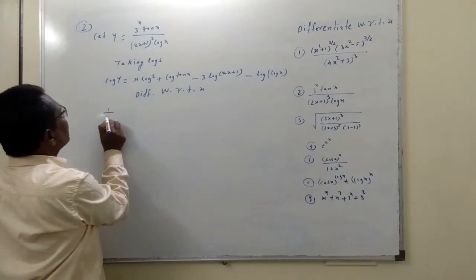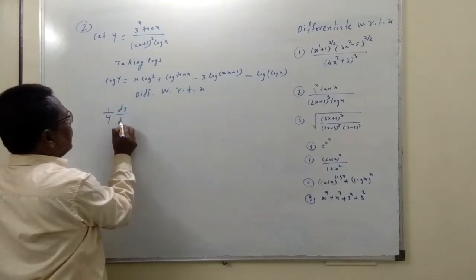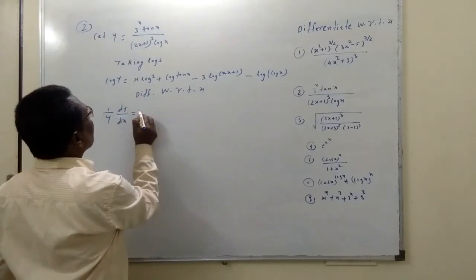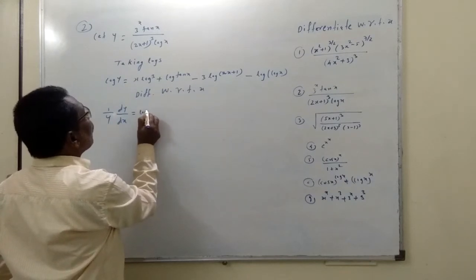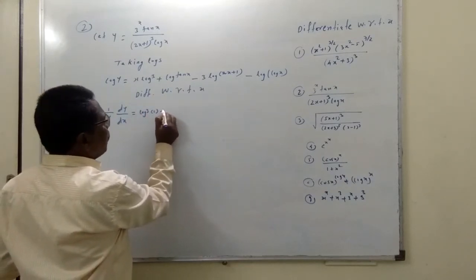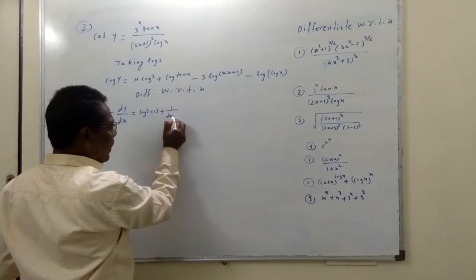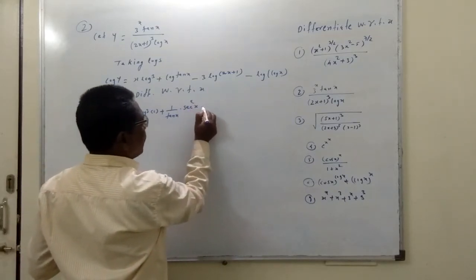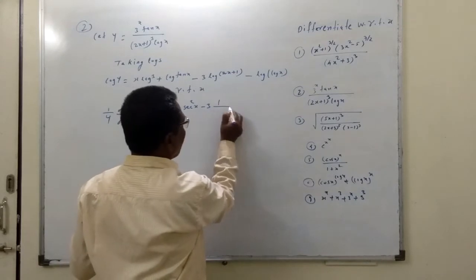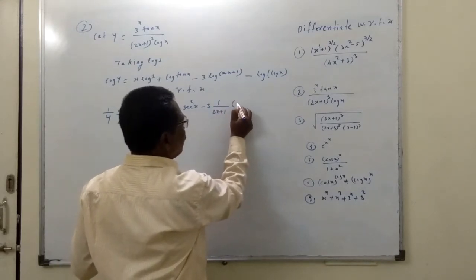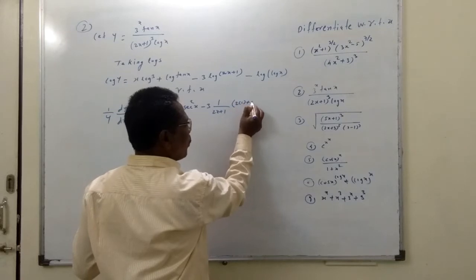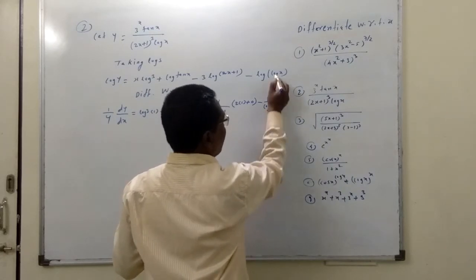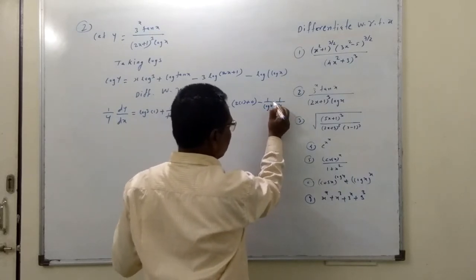So the derivative of log y is 1 upon y dy by dx equal to, now log 3 is a constant, we are taking it outside, derivative of x is 1. So this derivative is log 3 constant into 1, plus the derivative of log is 1 upon tan x, and then into the derivative of tan x, a composite function. So sec square x, minus 3 constant, derivative of log is 1 upon 2x plus 1 into the derivative of 2x, which is 2 constant, x is 1 plus 1 is 0, minus 1 upon, derivative of log is 1 upon log x, and again the derivative of this log x is 1 upon x.